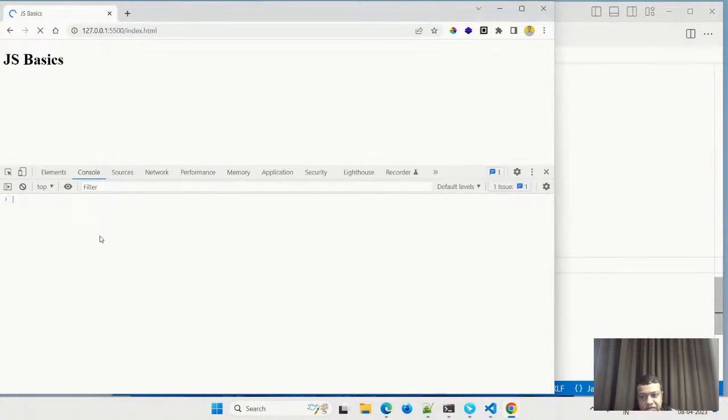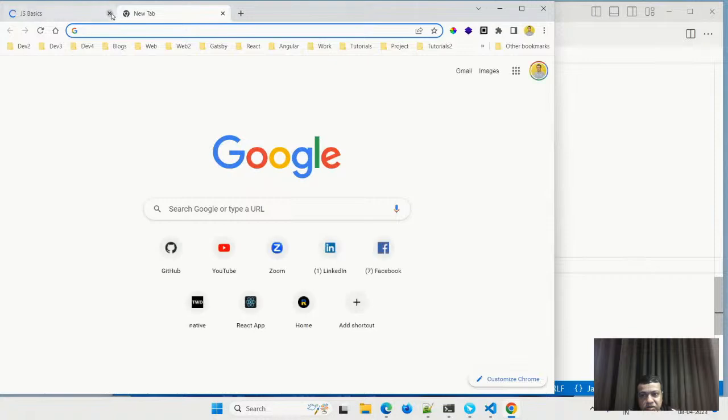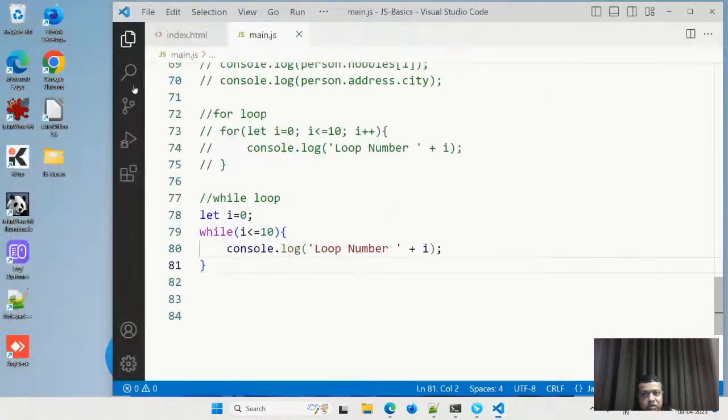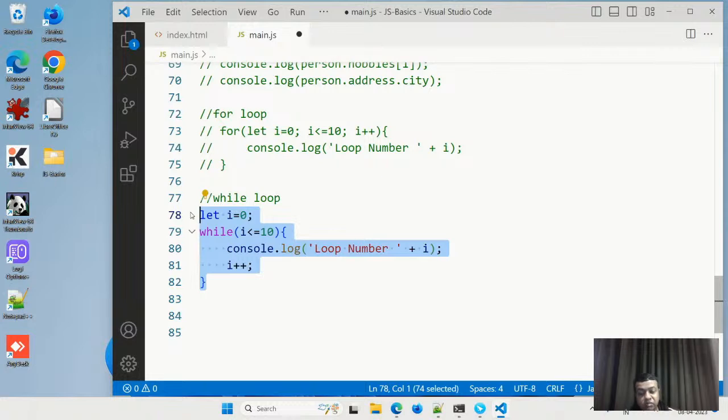And then also it is not going. It is like hanging. It is like my browser has gone. See, it is also not closing. So this is the problem with your while loop, that you can create an infinite loop. That is the problem with a while loop, so that's why we don't use it.